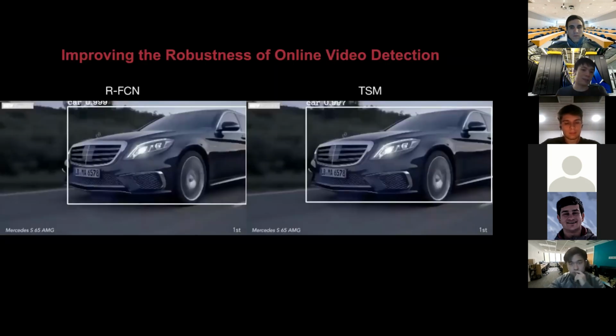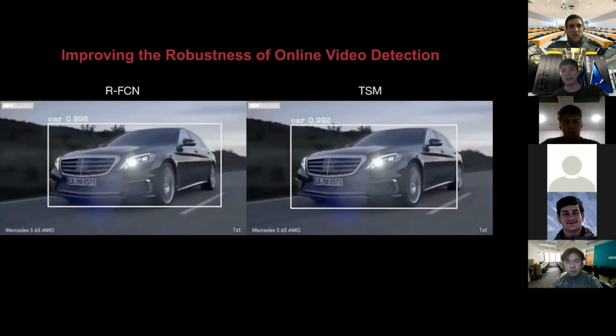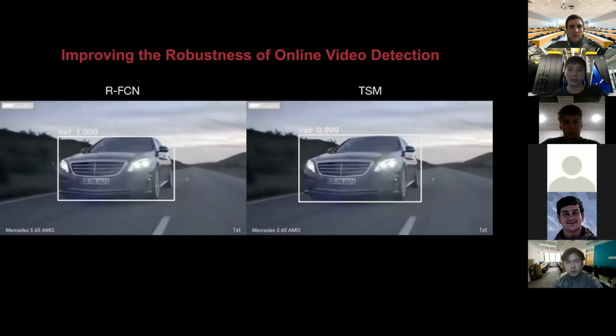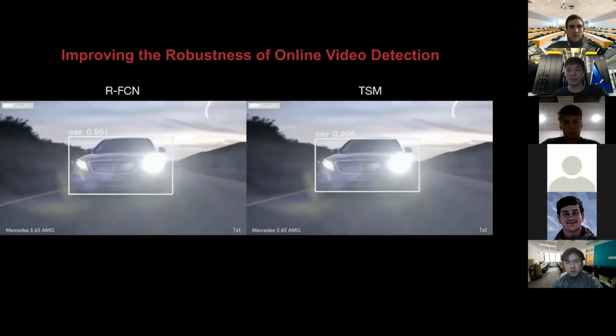So all the above results are on video classification, for example, classifying what the person is doing. Here we show some online video detection results, which are more related to the driving scenarios. This is a video taken from,